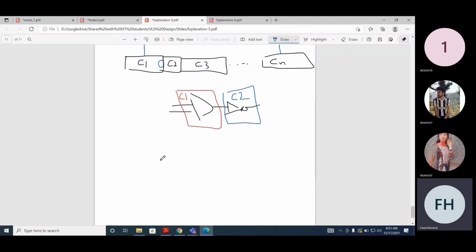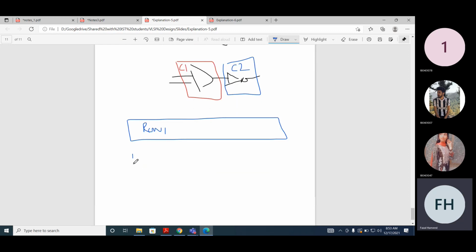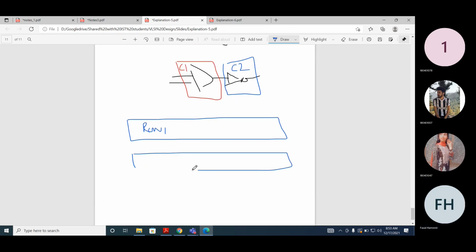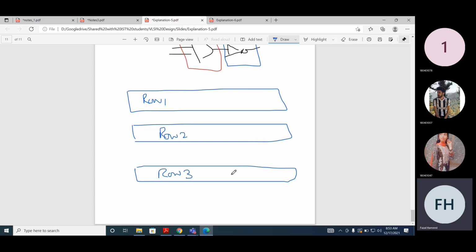We already said that if we want to design some system, there are some rows, and each row consists of different cells. So we call it like this: row 1, then row 2, and then row 3.